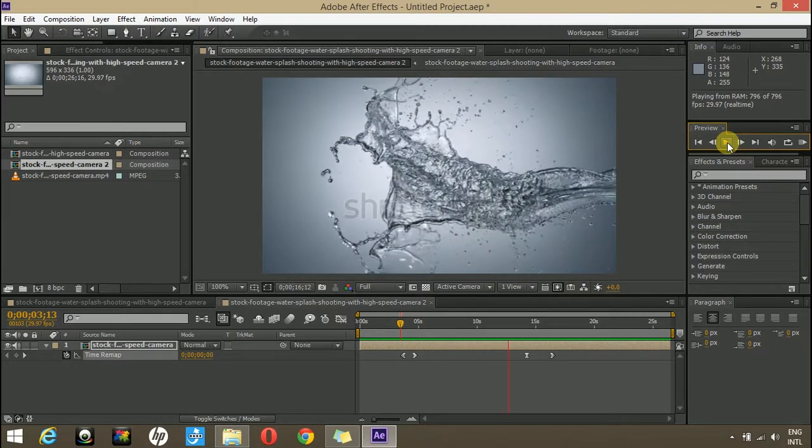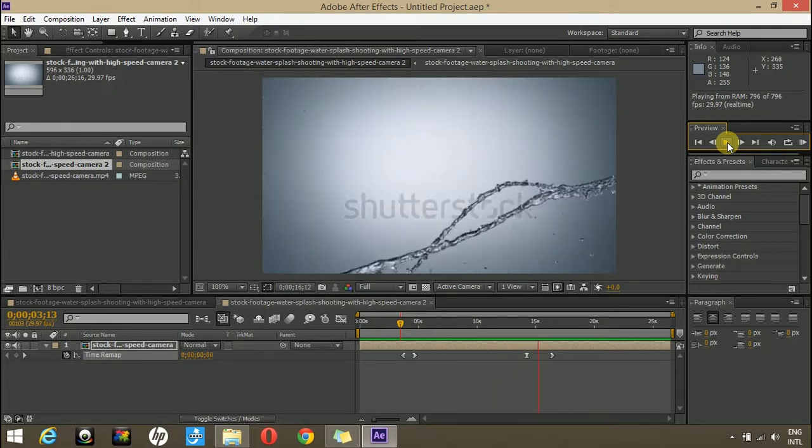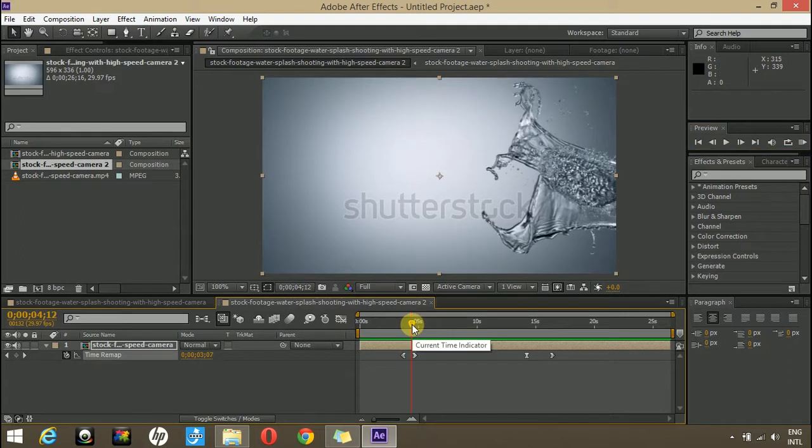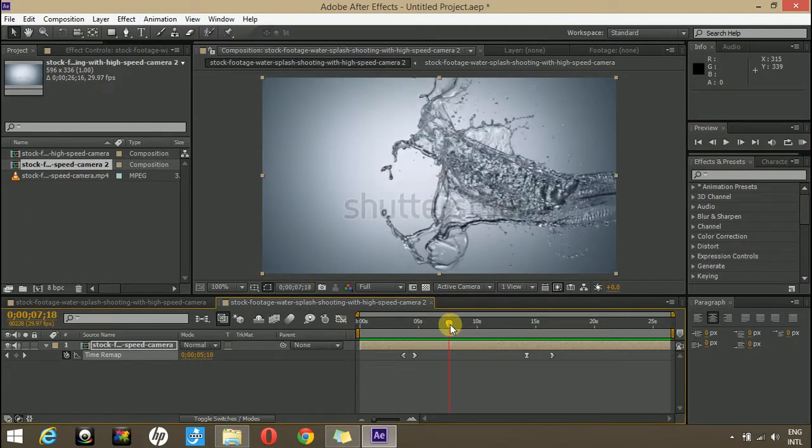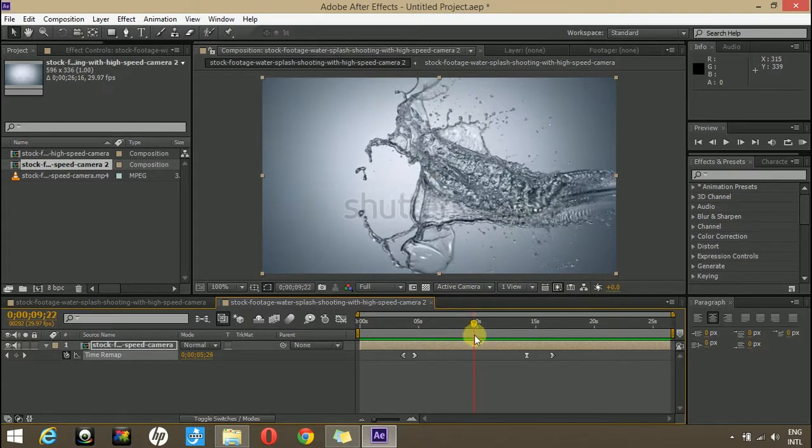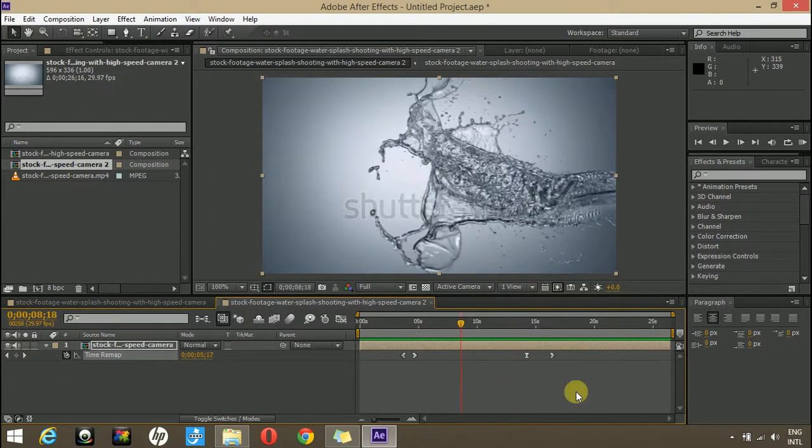If you are working with any footage that has a different background than the one you can see right now, because the background I am using is a very smooth one, but if you are using some footage with a background of people moving, or with the background of grass, or any sports footage, then you must use footage of high fps, because with high fps footage it is easy to slow it down. Because when Adobe After Effects slows down a footage, it inserts frames in the intervals where frames are missing. Now let's see what the other method is.